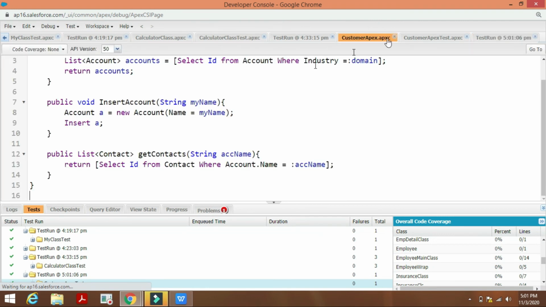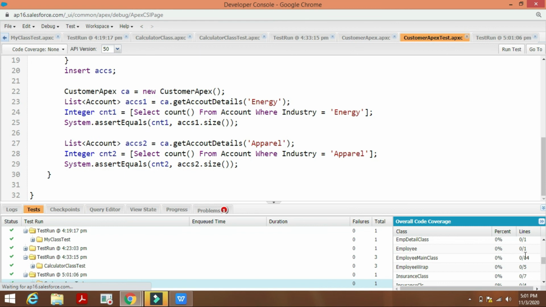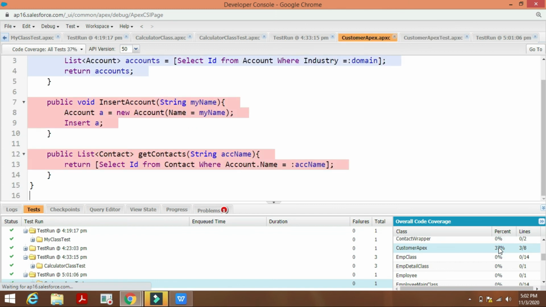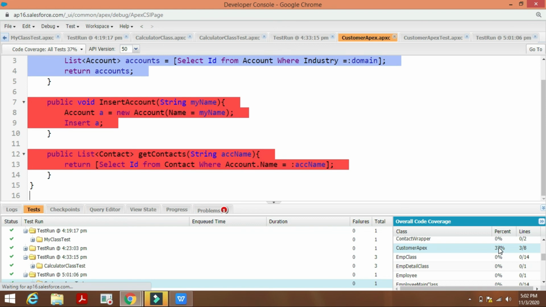And then let's check the code coverage first for this CustomerApex class in the overall code coverage section. So we have got the code coverage as only 37%. Only 3 lines are executed out of the 8 lines.